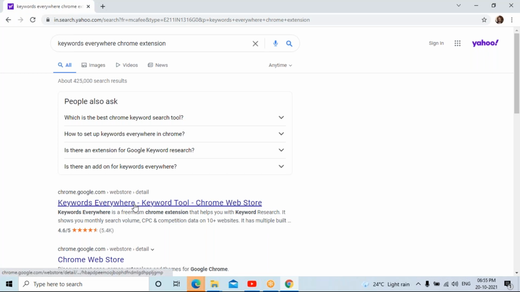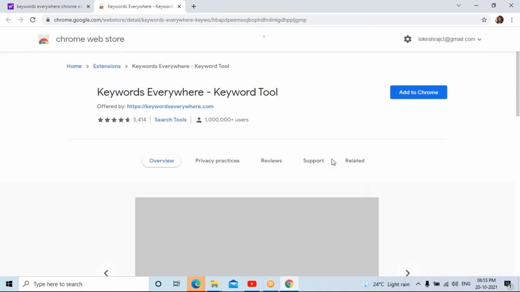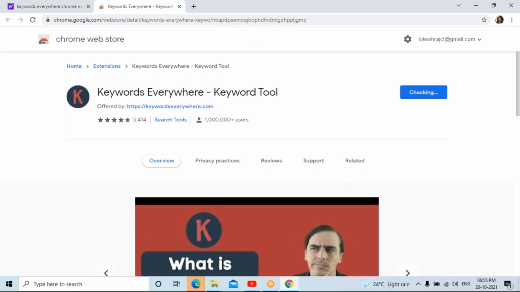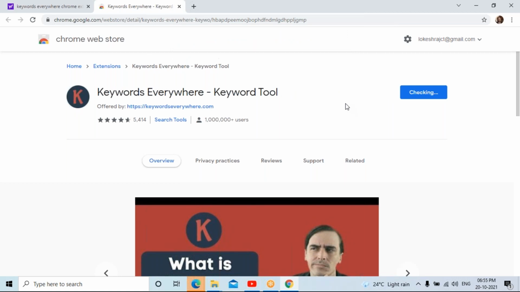You can click over here, and you will get Add to Chrome. Click on Add extension.